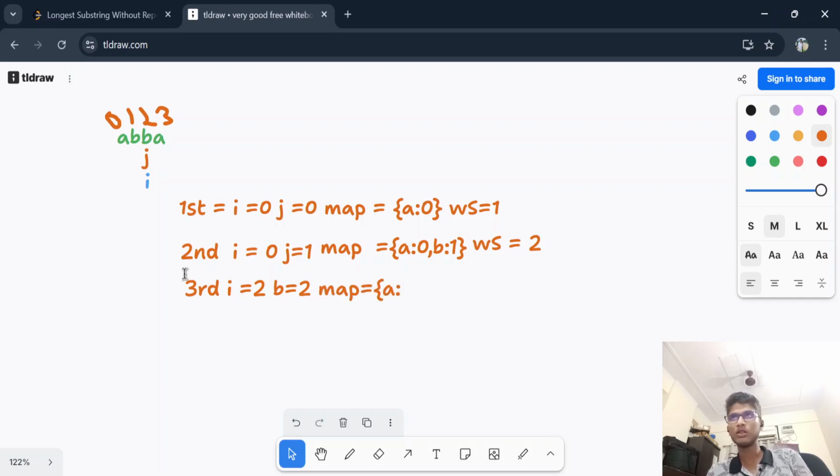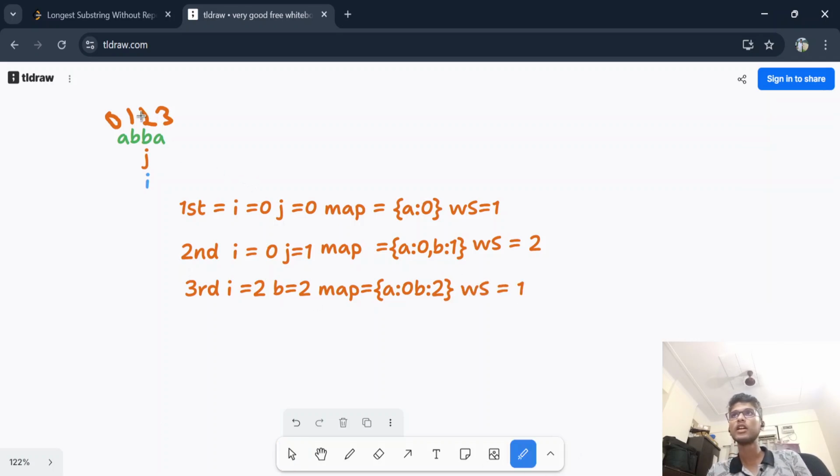A tending to 0, and B tending to its latest updated value, and window size is 1. Right now my window is this only. Whenever you find a repeating character like B and B, and again a repeating character, the window size will shrink like this. The size of it will be one only. So now in our next iteration,